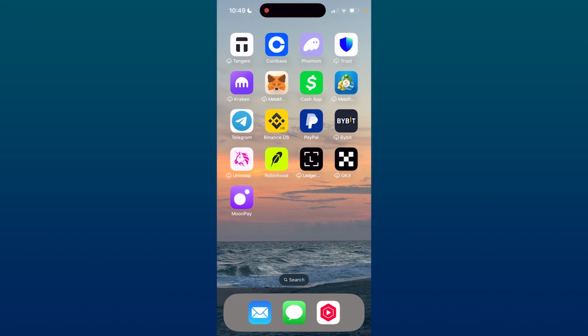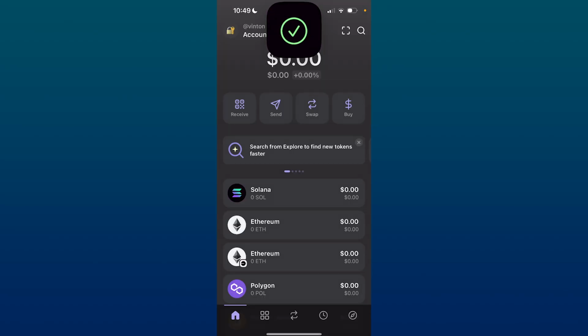I'm going to show you how to buy Chronos in the Phantom Wallet app. Now, all you need to do is first open up the Phantom Wallet and log in, make sure it's up to date, obviously. And to actually buy it, what you want to do is click on the buy option on the right